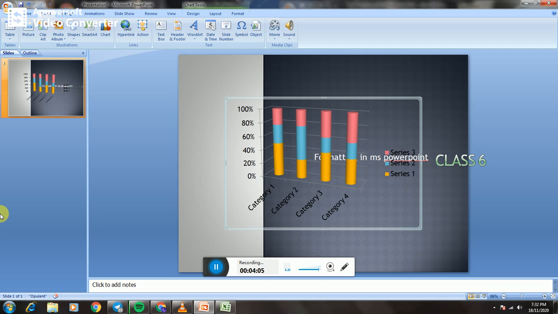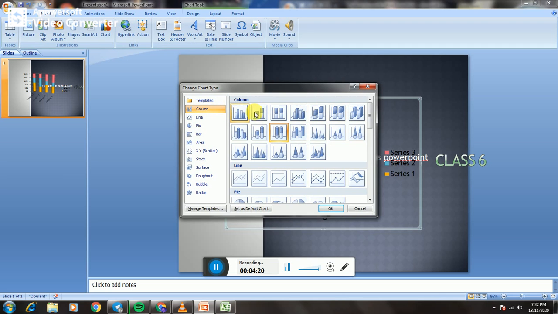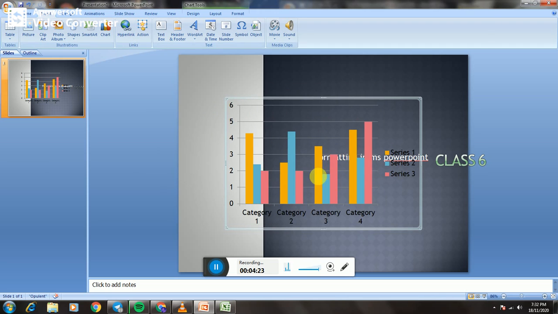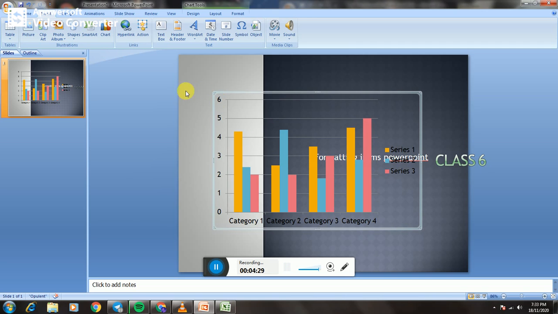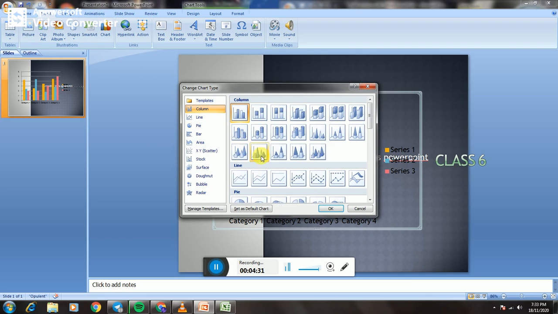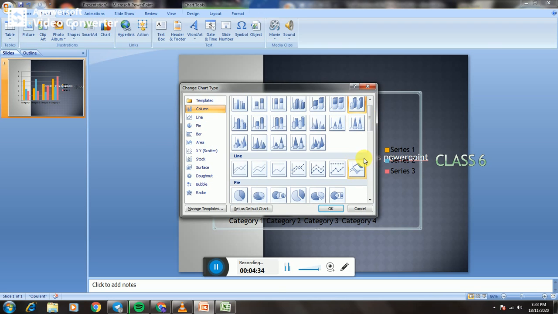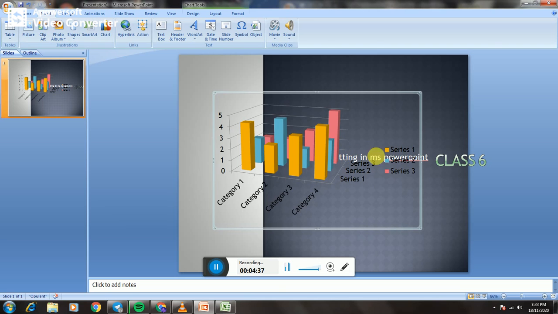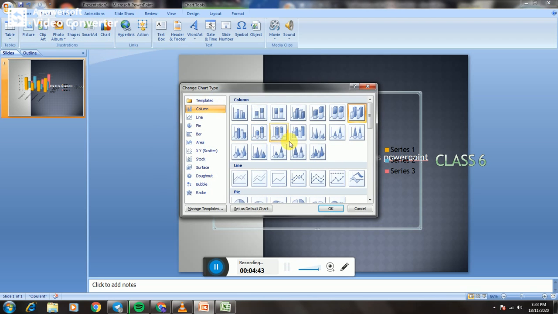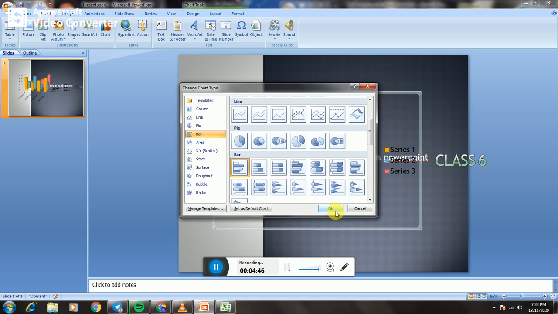Okay, next one, types of charts. Different types of charts are available in PowerPoint. Some of the most commonly used charts are: first, column chart. It is a commonly used chart type that displays the data in the form of vertical bars. It is used to represent change in data over time. Second, bar chart. This chart displays data in the form of long rectangular bars that are placed horizontally on the chart area. A bar chart illustrates comparison among individual items.